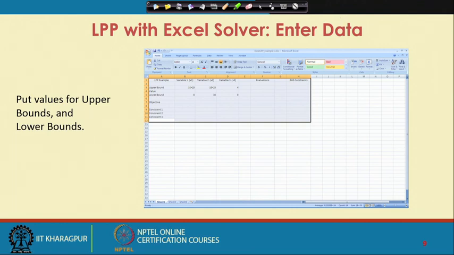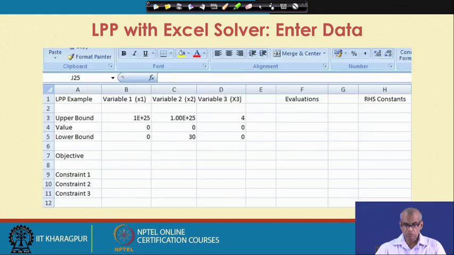So, now put values for upper bounds and lower bounds. So, you can see a zoomed version here. Note that the upper bound for x 1 and x 2 I have put as 10 to the power 25, because there was no upper bound mentioned in the original problem.